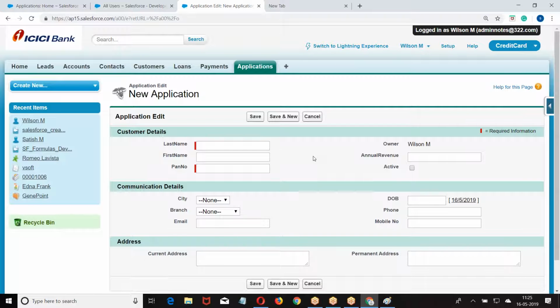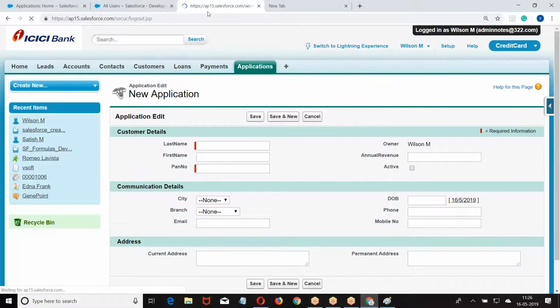So what we are able to manage: which field should be displayed, in which order they should be displayed, which format they should be displayed, what are the buttons that should be displayed, what are the related lists that should be displayed. I hope you are good. Okay. Now